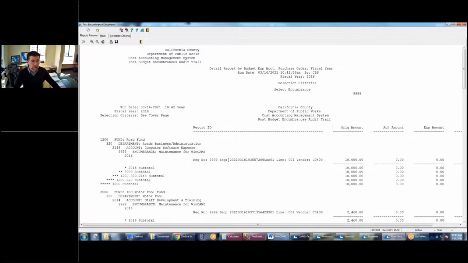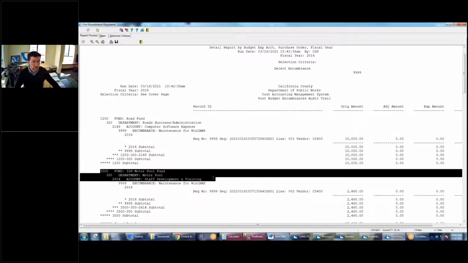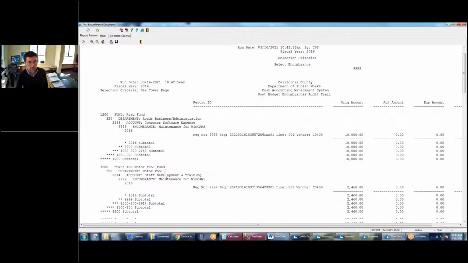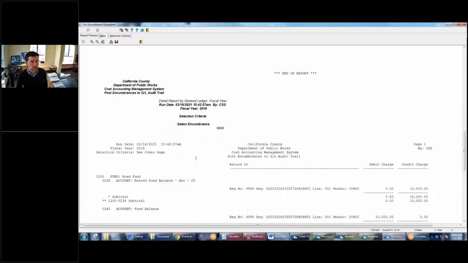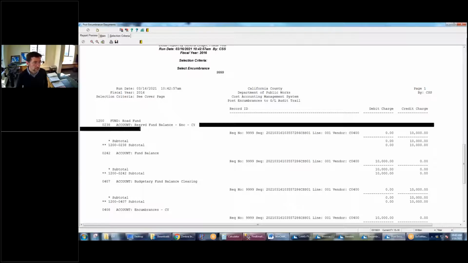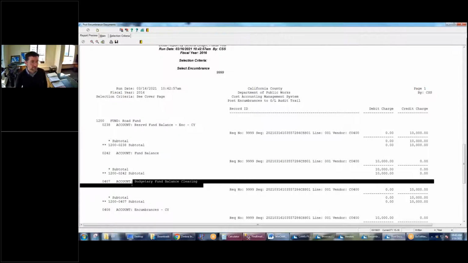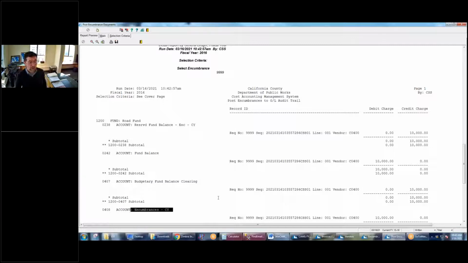And I see here $10,000 is going to encumber this budget, computer software expense, and $2,460 is going to encumber this budget, staff development and training. Probably unrealistic that they're in two different funds, but that doesn't matter. Okay, so there's the 12,460, and then you can see that it's crediting the 10,000 to reserved fund balance encumbrances current year, and debiting fund balance, and crediting budgetary fund balance clearing, and debiting encumbrances current year. Whether that is set up correctly, I can't even tell you, but